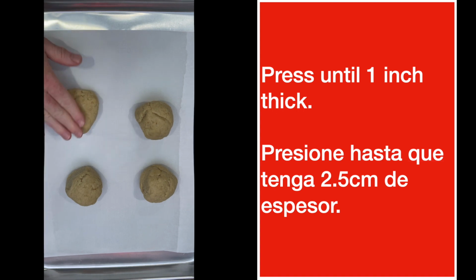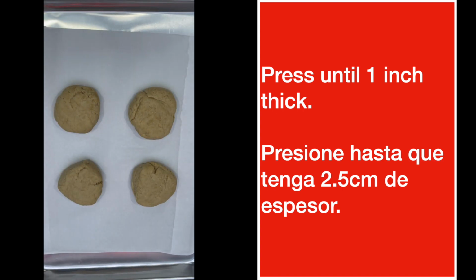And then after that, you're going to pop them in the oven, bake them for about 25 minutes at 350